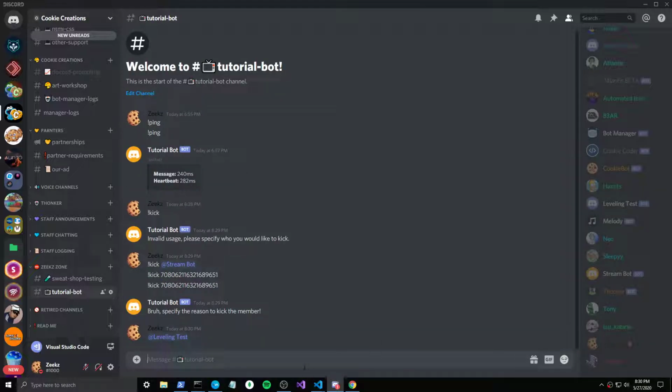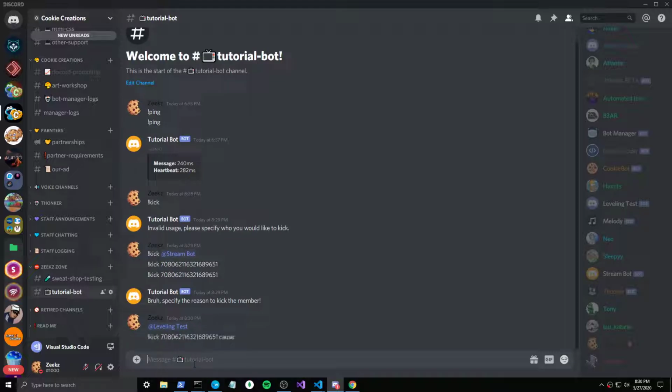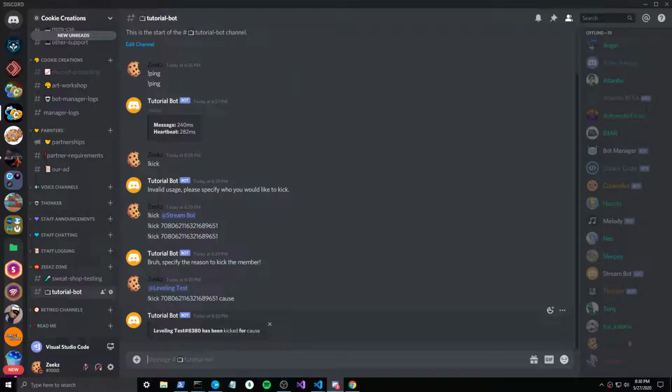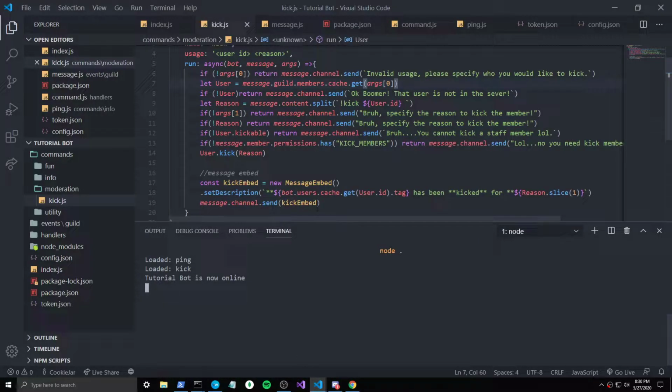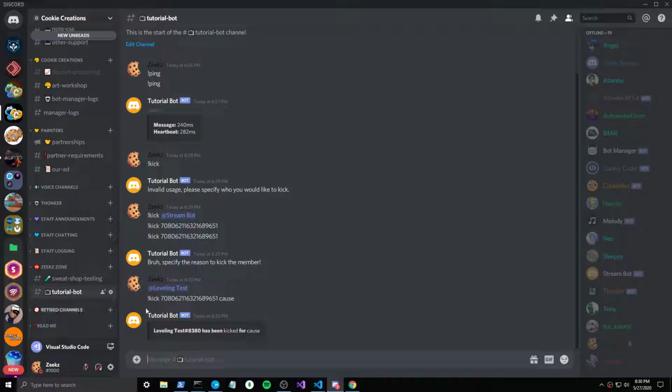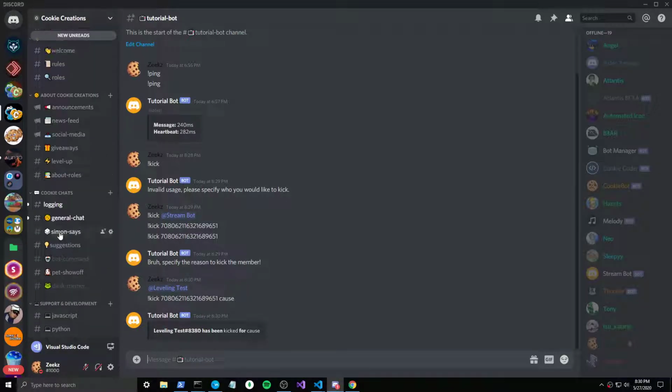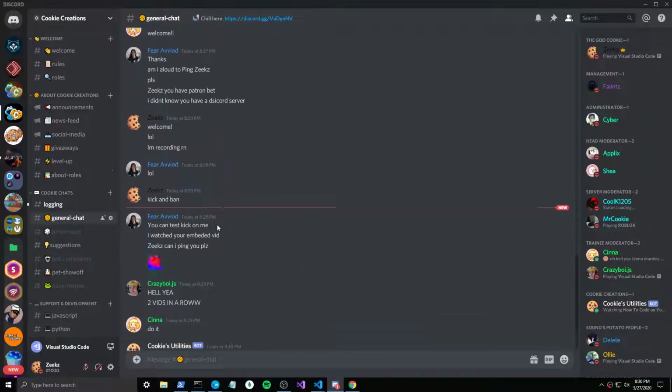Copy the ID. Express word kick. Cause. And as you can see, leveling test has been kicked for cause. Now I messed this up and didn't close the thing there. So now if you want it to mention, like for